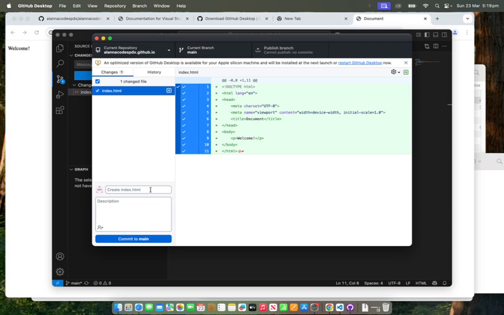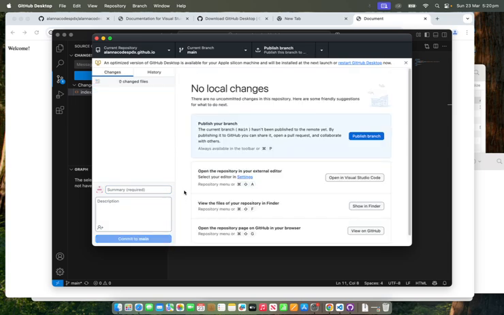And I am going to basically commit this. So I'm basically making a timestamp on my computer. So I'm just going to say initial commit. I don't need a description, but you always need this field filled out. So I'm going to say commit to main. Main is kind of like my main branch of my website. So I've only committed this locally. I'm basically saying I want to save this space and time on my computer, but it's not on